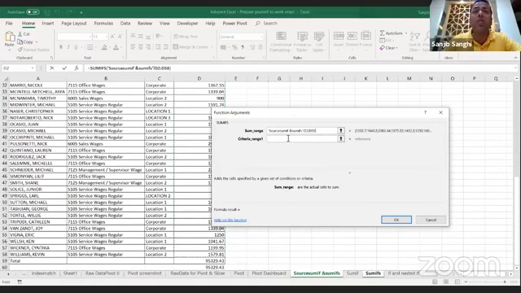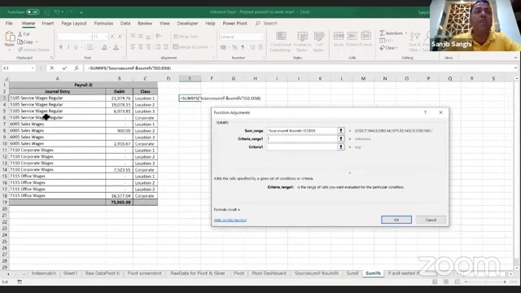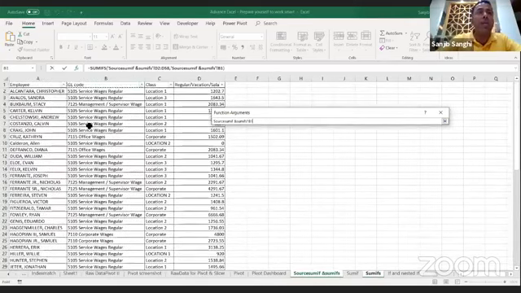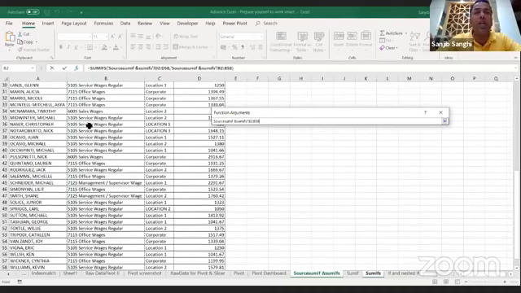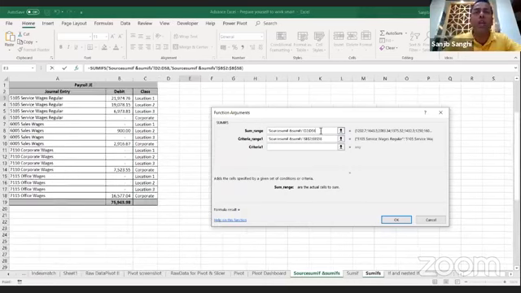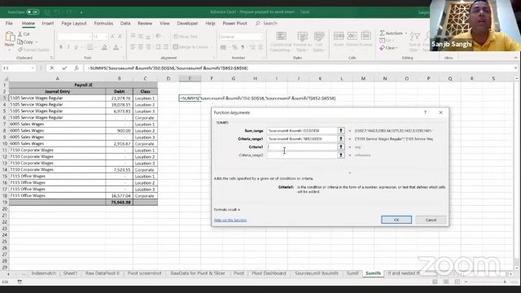Now the second question is, what is my first criteria range? Well, my first criteria range is the GL code. So I'll go back to this table and take the GL code as my first criteria range, B2 to B58, done. And I will hit F4 again. Just make sure to use F4 every time because your formula will change. Now, what is my first criteria? Well, my first criteria is this, 5105 service wages regular. My first level of work is done.